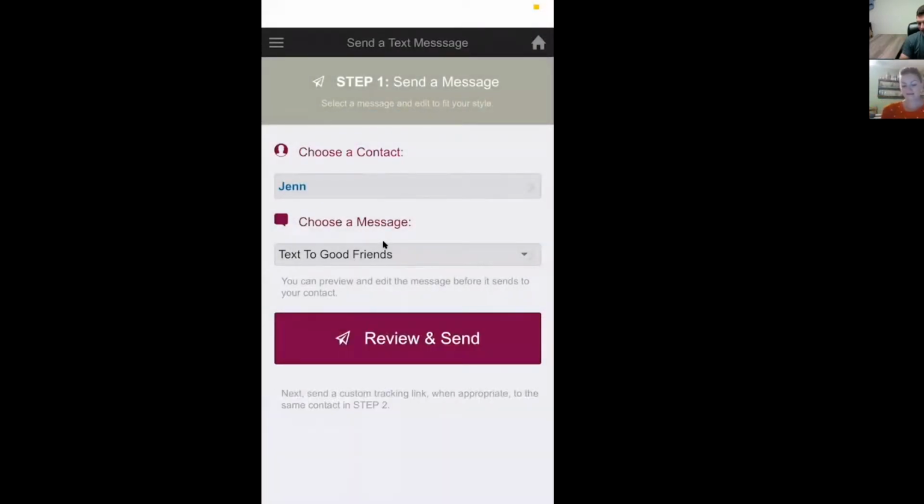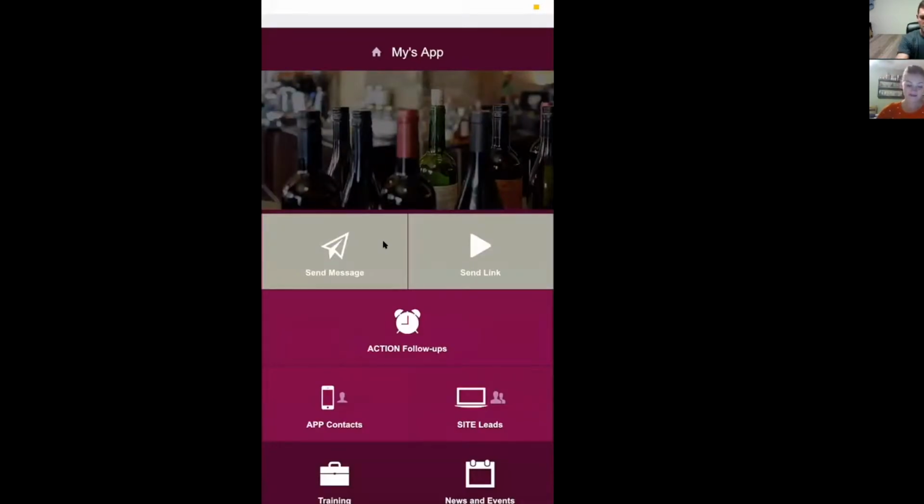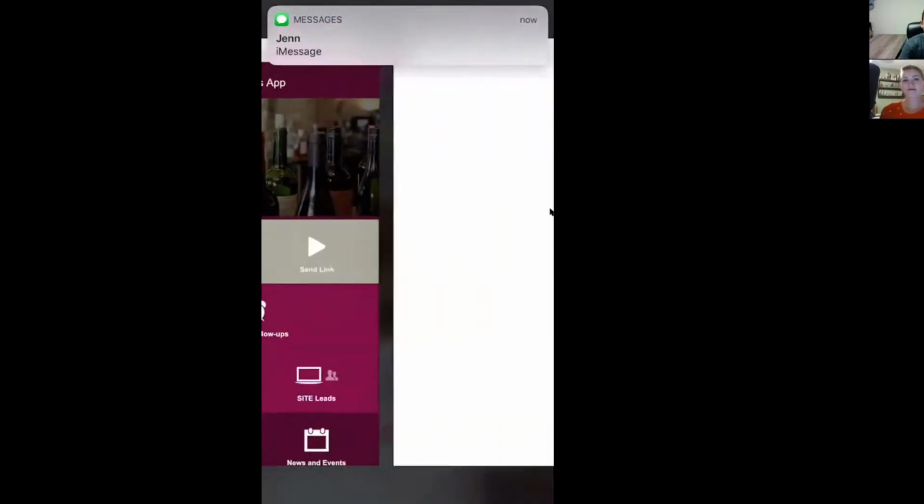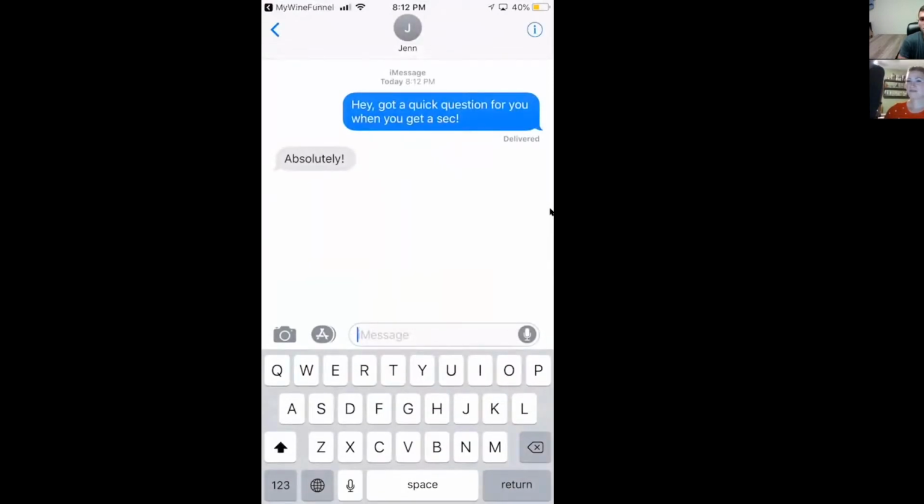Jen gets my text. Let that come through, and then she'll just say something like, "Yeah, sure, what's up?" Something that you would say. While she's responding back, let's go ahead and wait. There she is. Let's click her open. She says, "Come on, baby, my phone's been a little slow." Absolutely. She's a good friend, so of course she would say something like that.